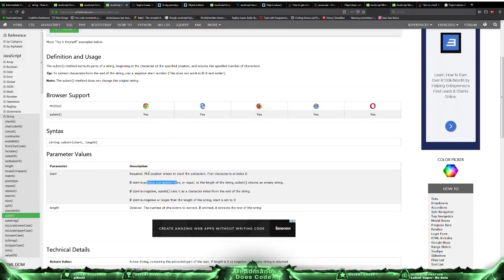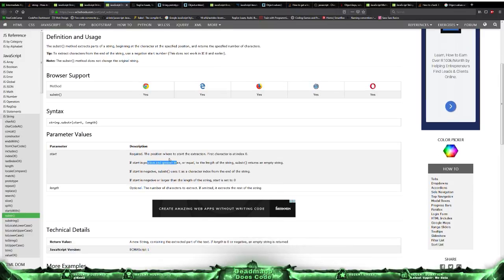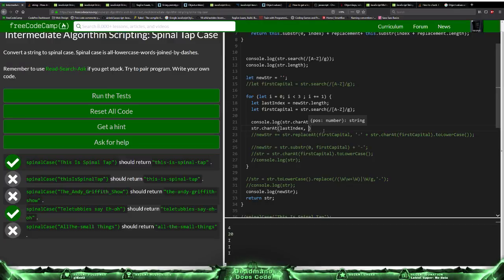So the first one is the position, where to start, and the last number of characters. Yeah. So we need substring to the first capital. So new string is equal to